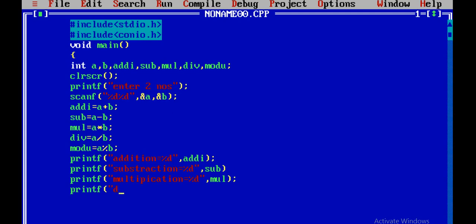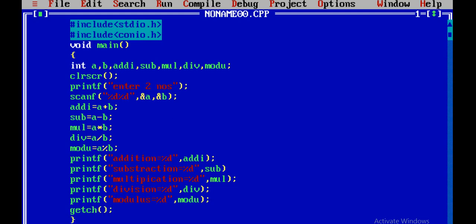Printf division equals percentile d and div, and close this. And I'm printing modulus is equals to percentile d and mod. So all these are the variables I am going to print in my program.